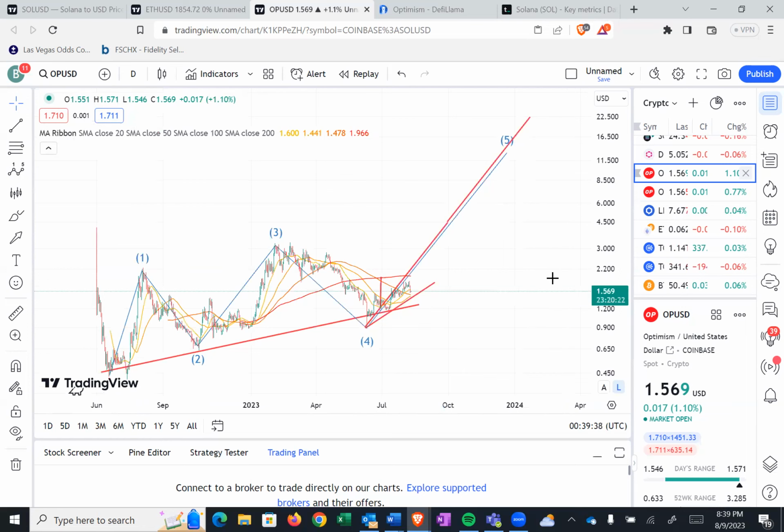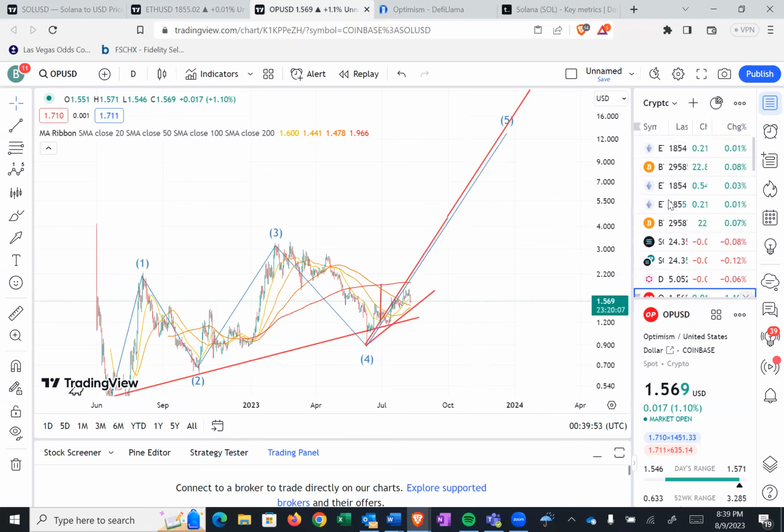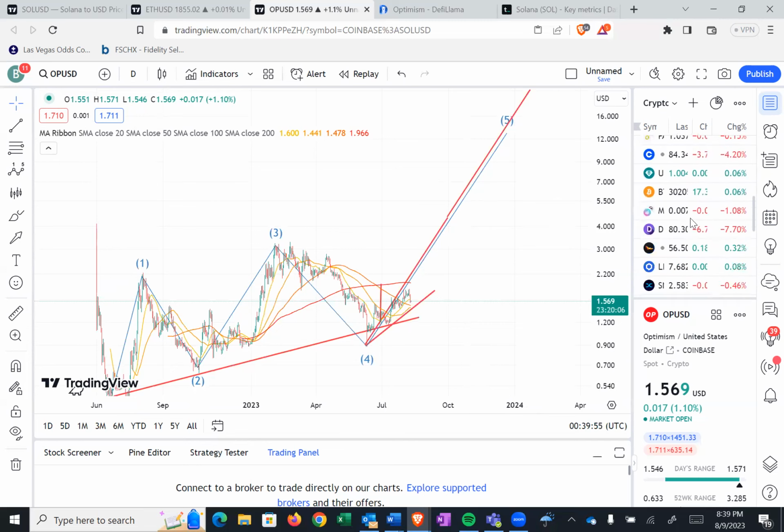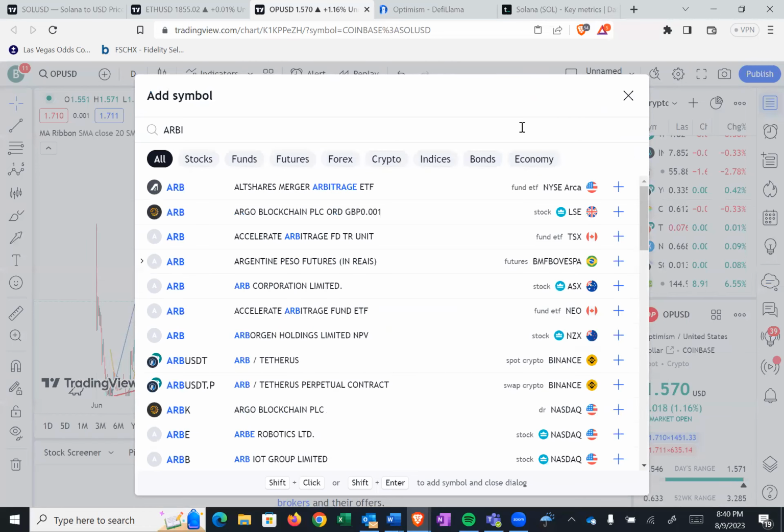If we went into a bull market somehow, right? If that somehow happened, Optimism will be let loose because the users are just going exponential. And I also think in comparison to other L2s, like Arbitrum, for example, I don't know if I have ARB on here for some reason, but it just looks so much better,